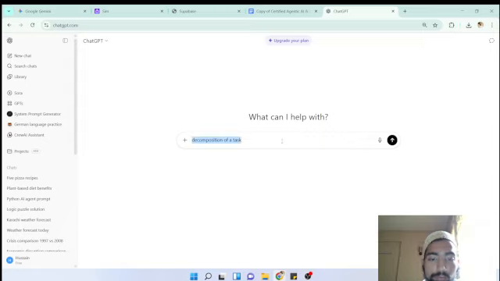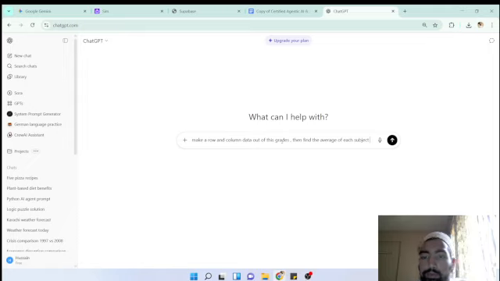For example, you are a teacher and you have grades of all of your students compiled in an unstructured manner, probably in your notes, and you are saying: make a row and column data out of these grades, then find the average of each subject for the class